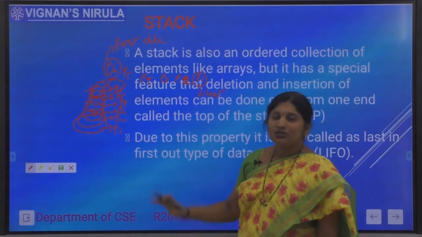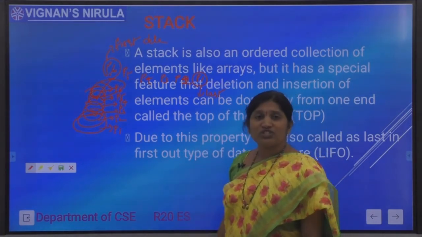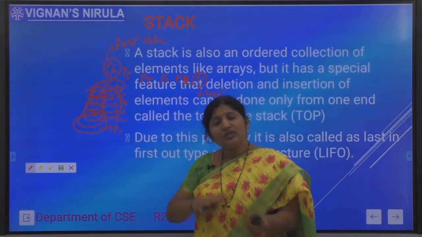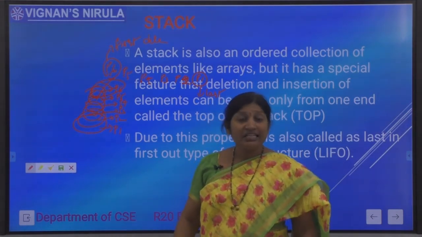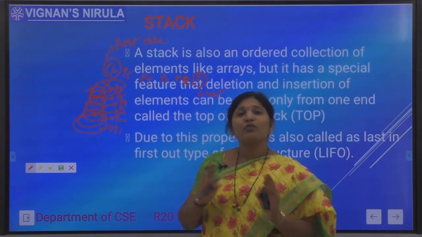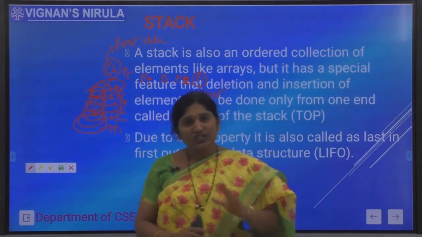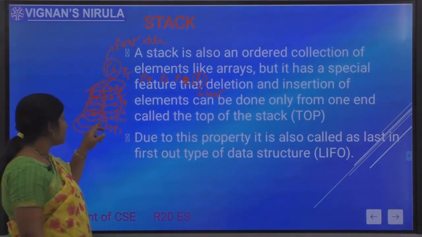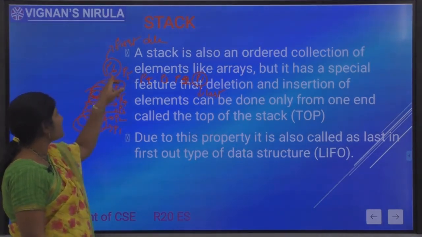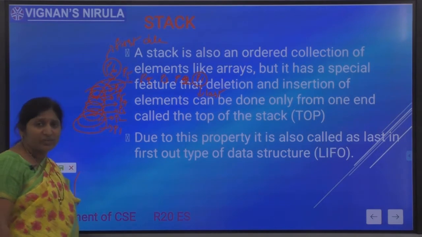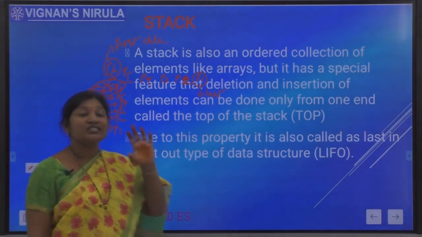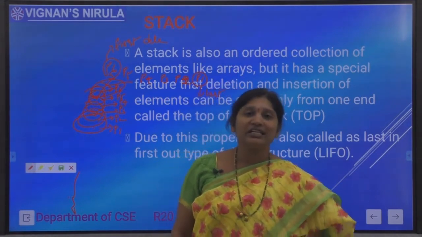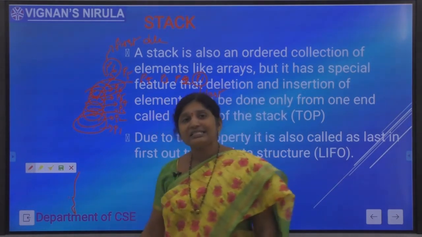Okay now, this is the case which represents the stacks normally. The first inserted element will be the last one to be deleted. In cases where this type of ordering is required, in which the elements are inserted at one end and deleted from the same end, and last in first out order is required, I can use a linear data structure that is called a stack.